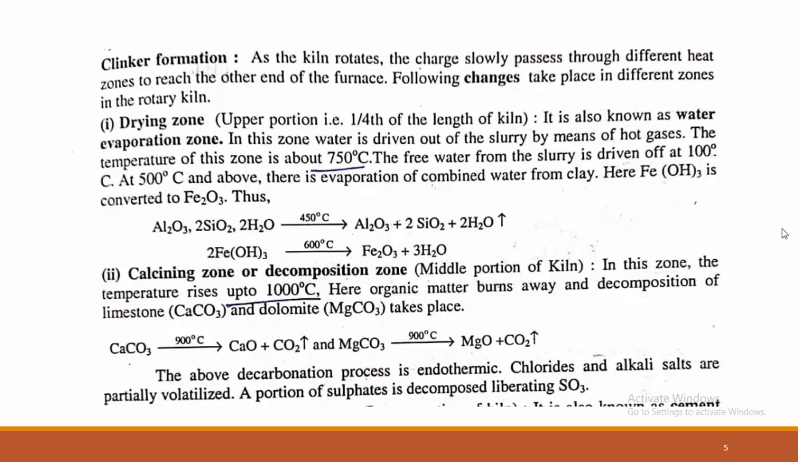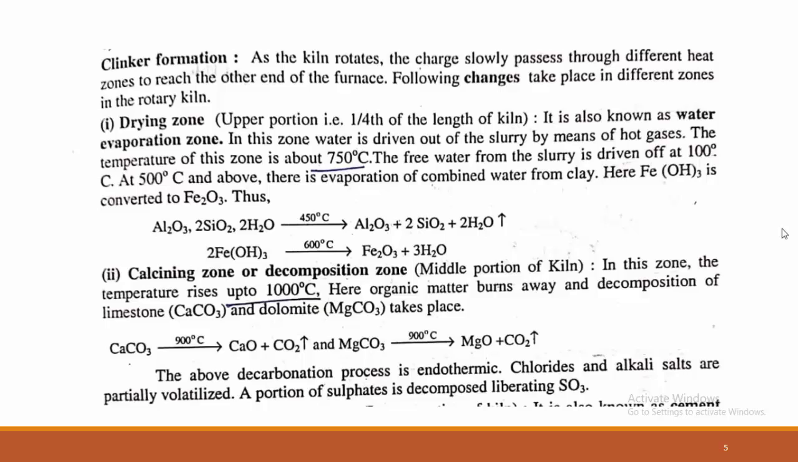The second zone, the decomposition zone, is the middle portion of the kiln, which is known as the decomposition zone or calcining zone. In this zone, the temperature rises up to 1000 degrees Celsius. In the drying zone the temperature was 750 degrees Celsius, whereas in the decomposition zone the temperature is 1000 degrees Celsius. Here, the organic matter burns away and decomposition of limestone and dolomite, that is magnesium carbonate, takes